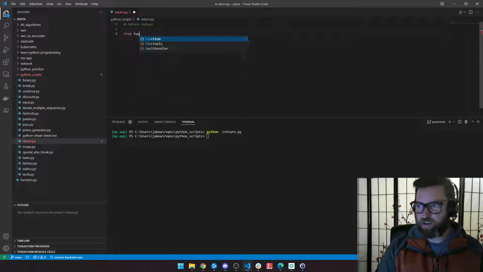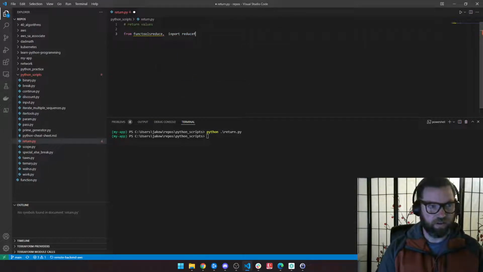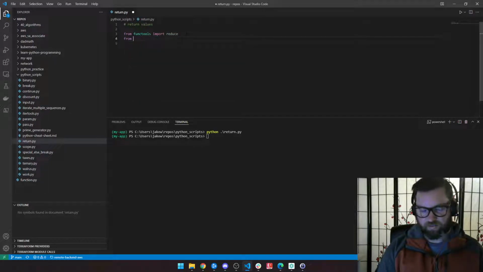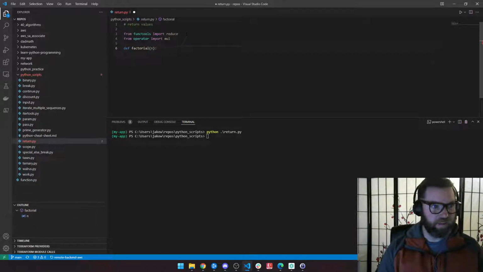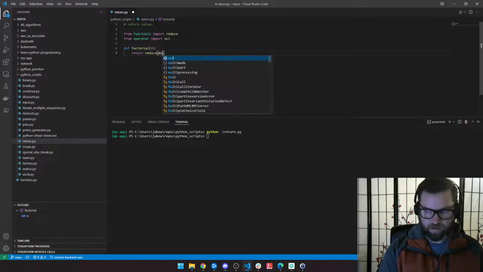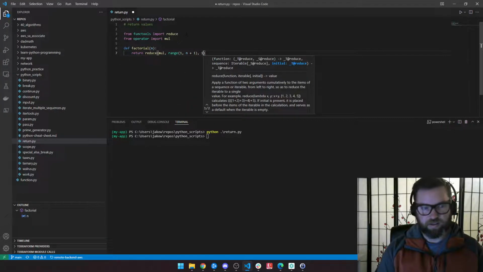So I'm going to say from Factorials import reduce, and then I'm going to say from operator import mul, and then I'm going to say define factorial with an argument n, and I'm going to return reduce mul range 1, and then n plus 1, 1,